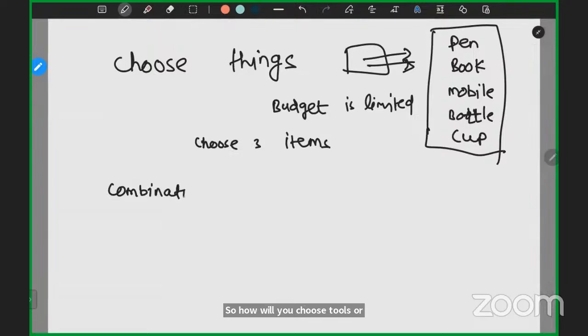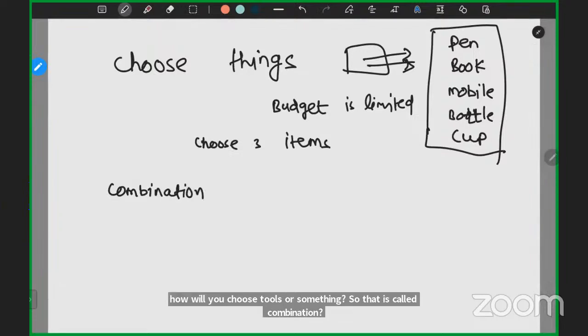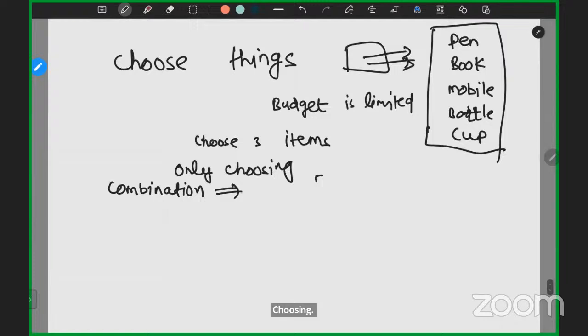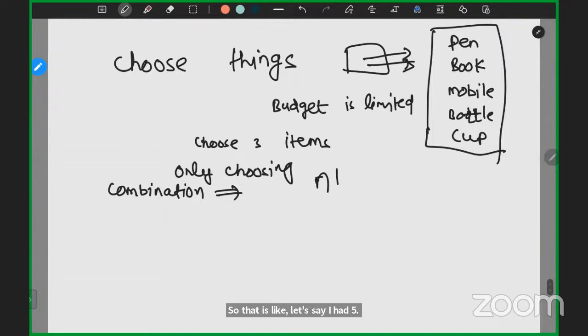Combination. See, I never arranged them. I never did anything, I'm just choosing. This 2 items I want, I'll buy it. That's it. This 3 items I want, I will buy it. I'm not arranging them. So that is what is called combination. Only choosing. Let's say I had 5. The formula of combination is n factorial over n minus